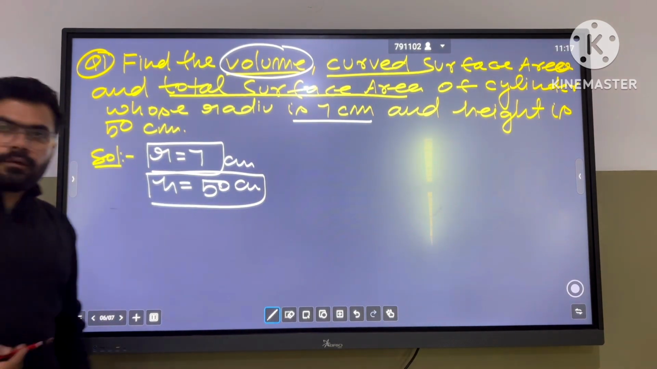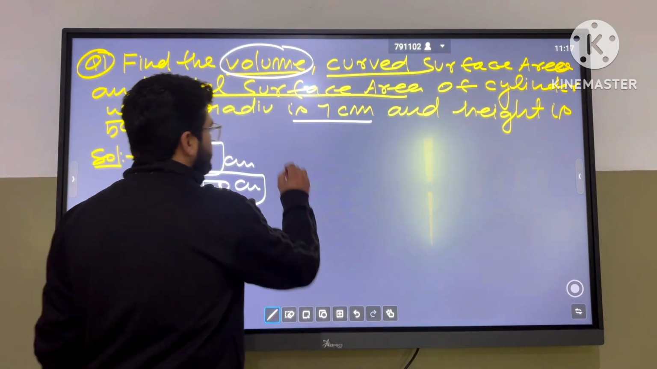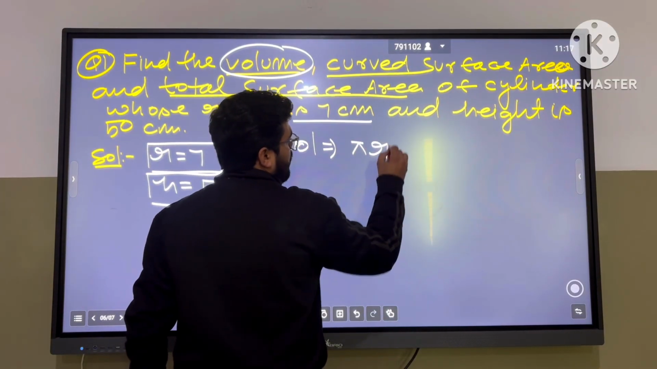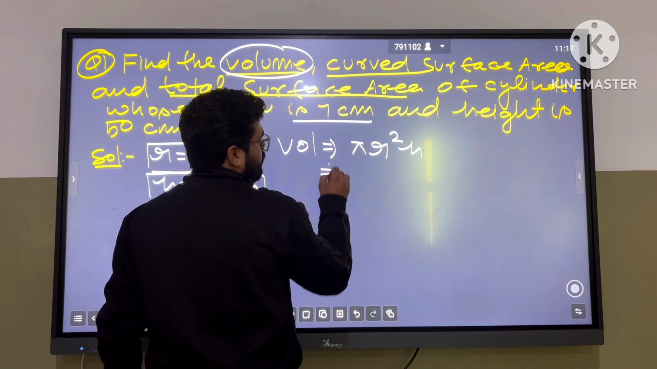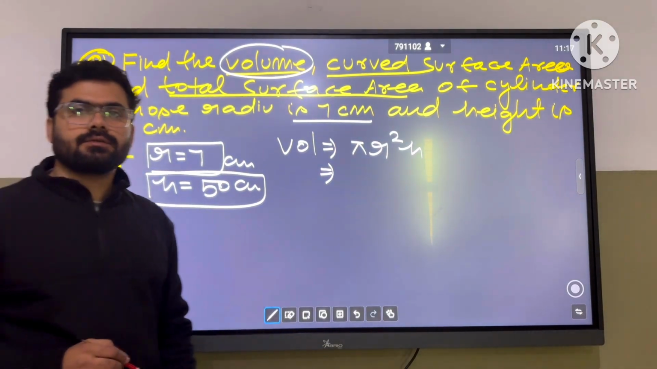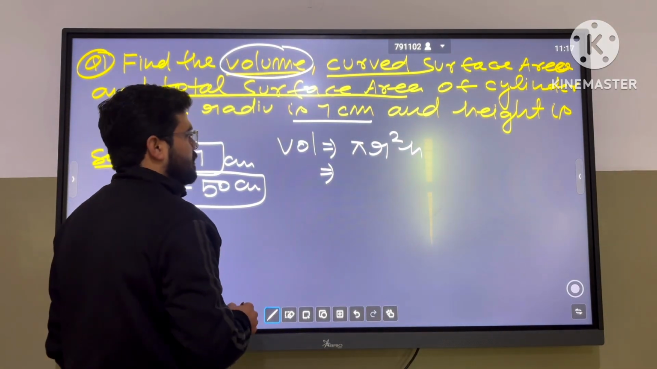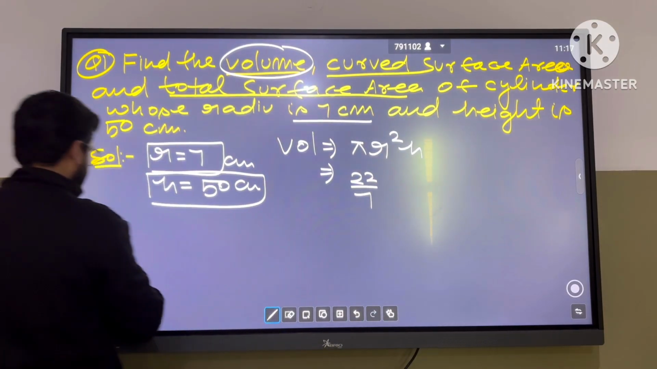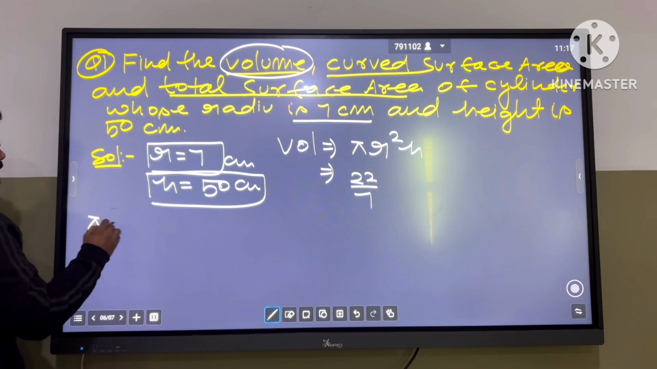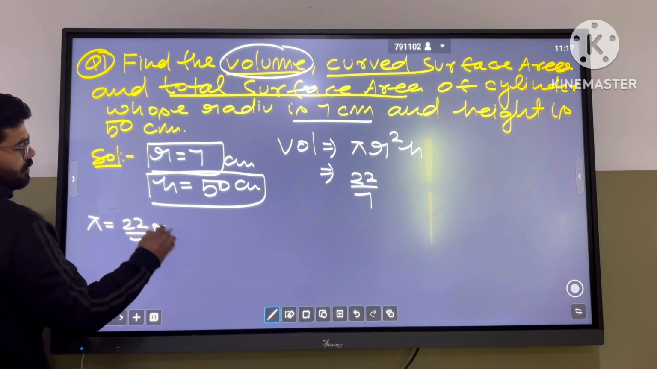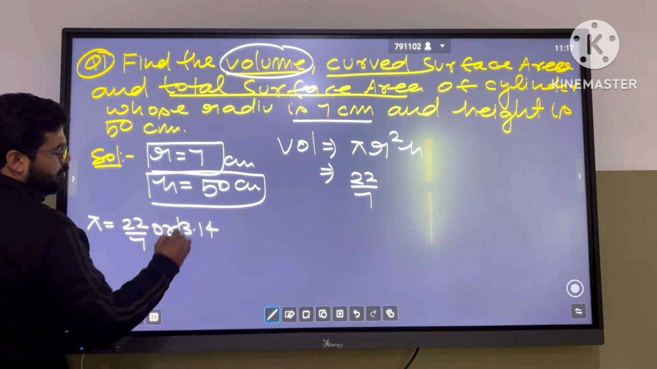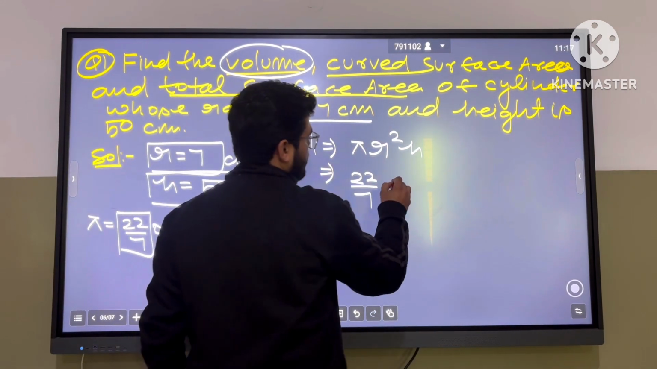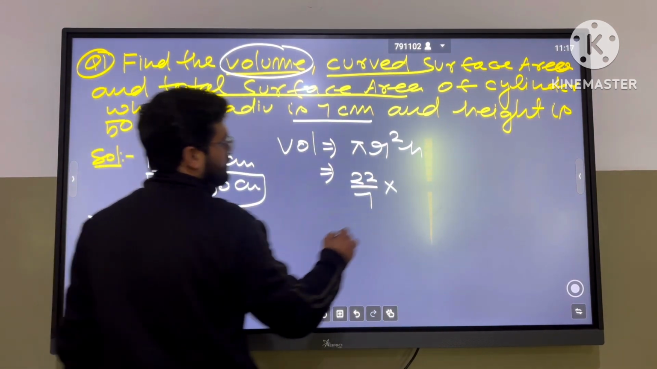So what is the formula for volume? Formula for volume is volume of that cylinder pi r square h. We know that value of pi is a constant value. This is the irrational number. Value of pi is 22/7, and you can note here pi is 22/7 or 3.14 in decimal. Okay. So pi r square, r is 7 into 7